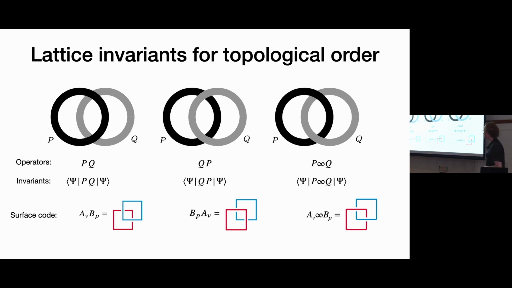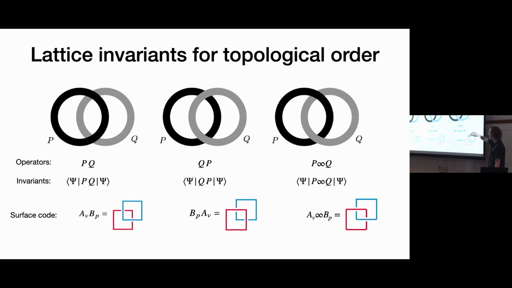And now the surface code example. So here, unfortunately, I have slightly different notation for surface code where we're using strings, but I'm sticking to the red and blue. So like red is a Z string, blue is an X string. And if you have this sort of A and B type operators, you can multiply them, A first, then B, or B first, then A second. And these will just give you some product of stabilizers that will stabilize your ground space. But if you do this twisted product,